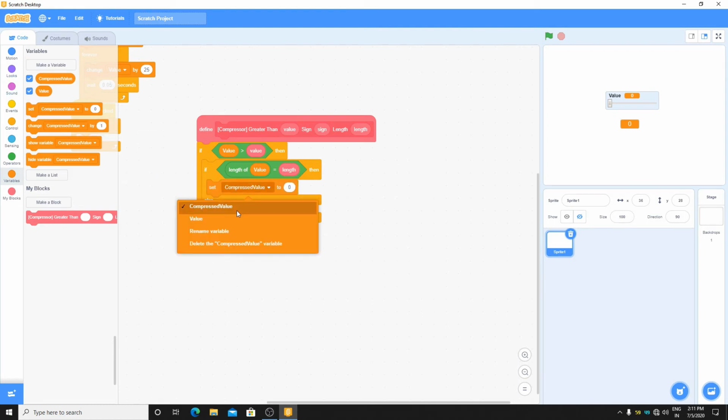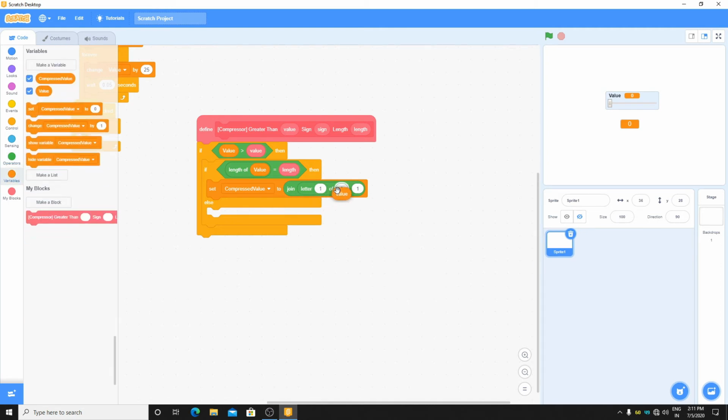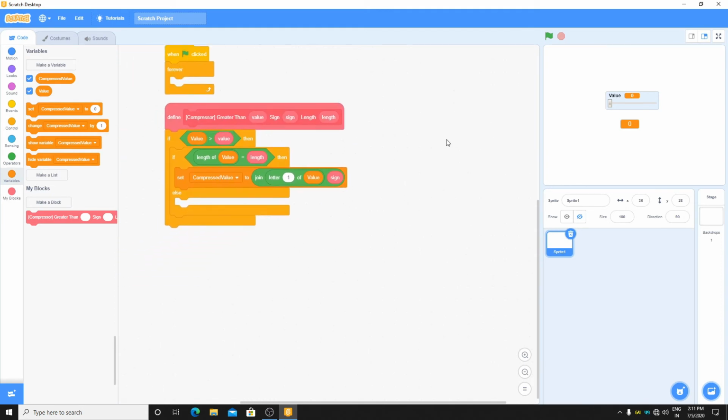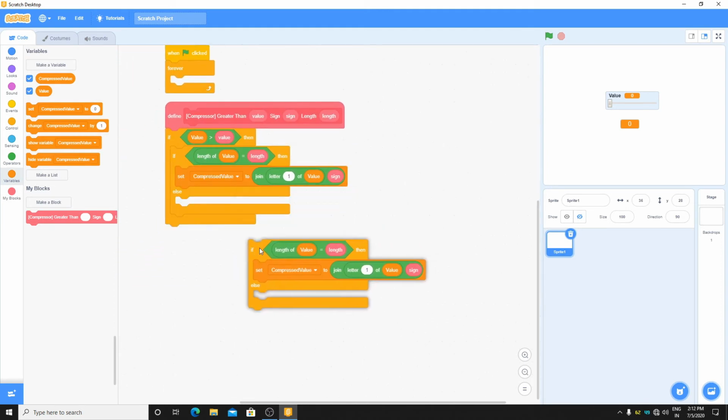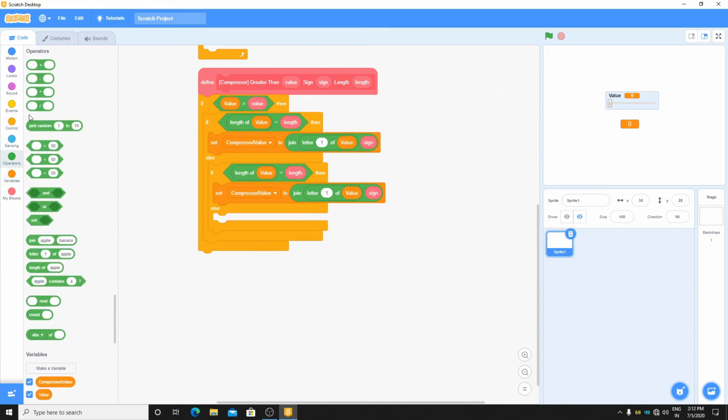then set compressed value to, then put here a join statement, then letter 1 of value, and then here we'll put the sign. Then duplicate this if else statement and put this in the else, and make this plus, length plus 1.